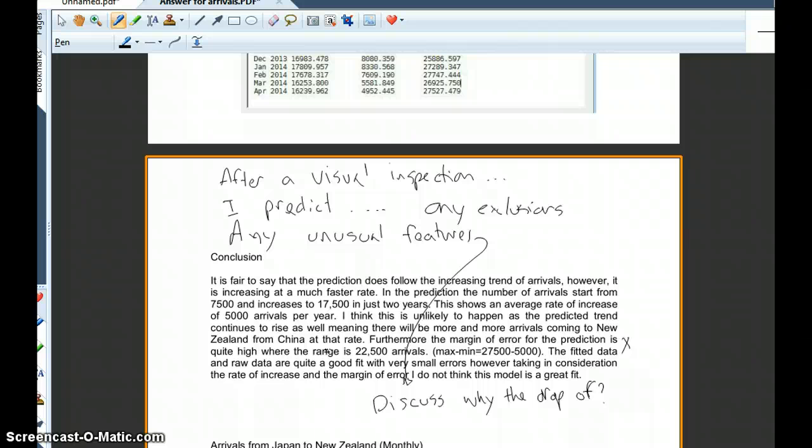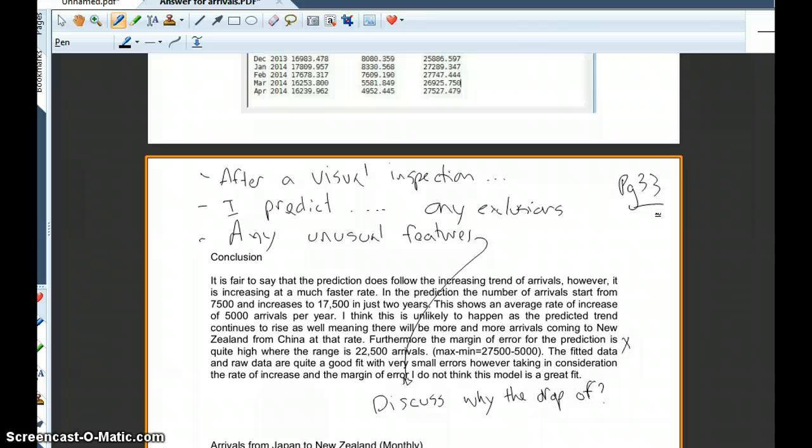Okay, and then I want to discuss the conclusion for a minute. I've just given some ideas on how to structure the conclusion, and you can all rote learn this as well. You should start with "after a visual inspection" and then finish the sentence. The best one is on page 33 of your workbook. "After a visual inspection of the plot showing predictions, I am confident that the model provides a good fit as differences between the fitted data and the raw data are non-existent or very small." You could rote learn that sentence.